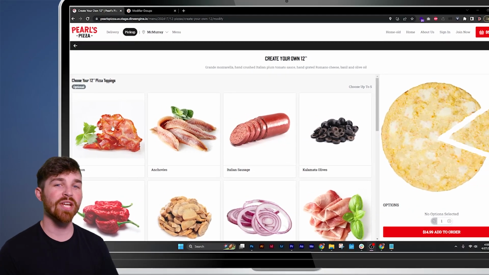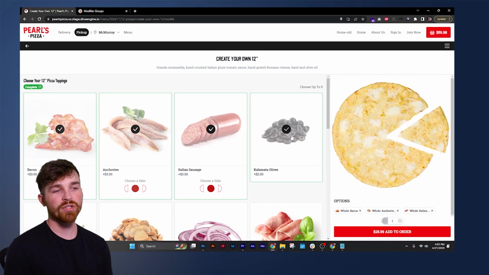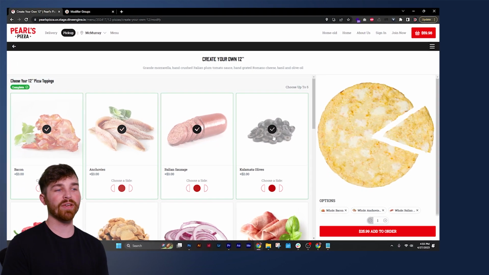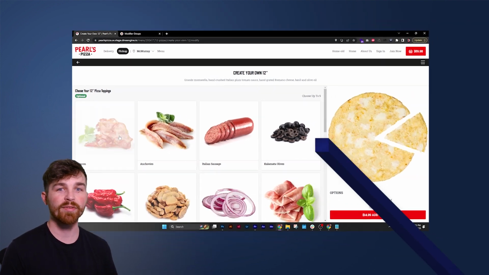After saving all of the changes from the steps above, your ingredients set within the parent modifier group should now be showing the half and half configuration selection after selecting the ingredient in the ordering experience. With half and half enabled, you'll be able to offer your customers more customization options and allow guests to configure